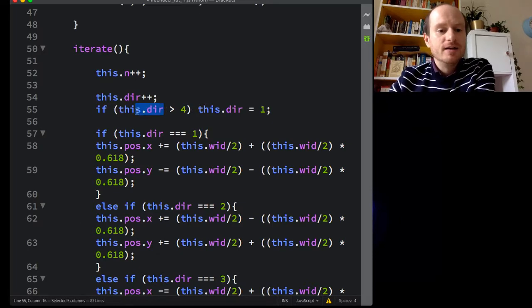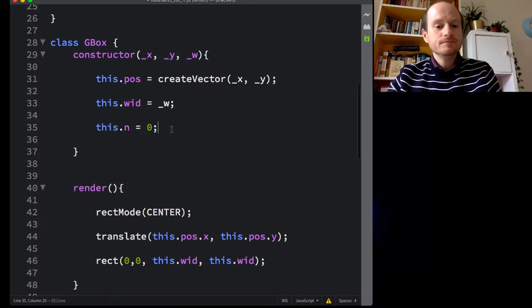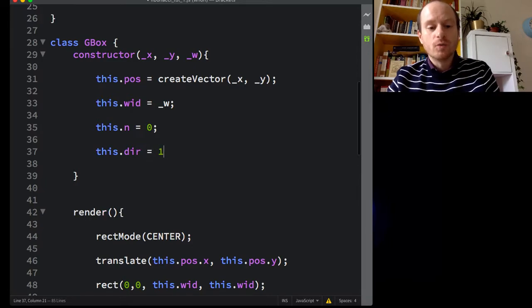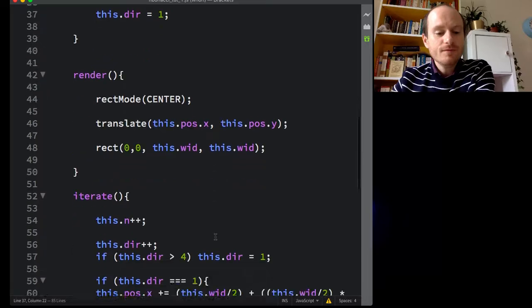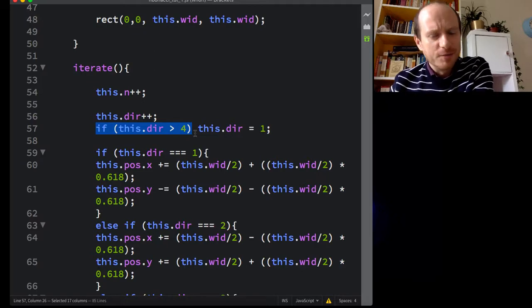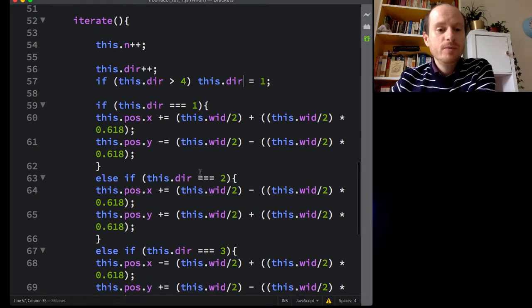So we need a new member variable, direction. So this.direction equals 1. So 1 means we want to go right first. And then each time we iterate, it also increments the direction. And here we just check if the direction is 5 or more. I don't know how it could get more than 5. This direction resets to 1. And then we've simply got